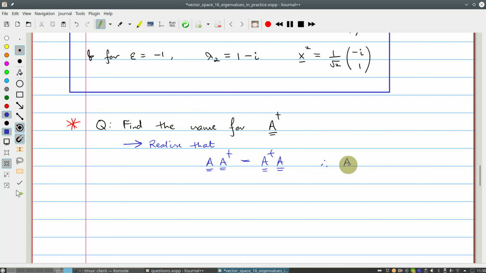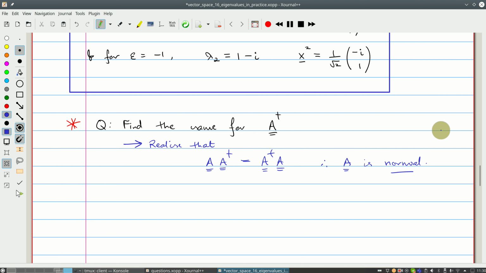Therefore, A is normal. And if it's a normal matrix, then you can use the theorems we have proved for a normal matrix. And one of them says that